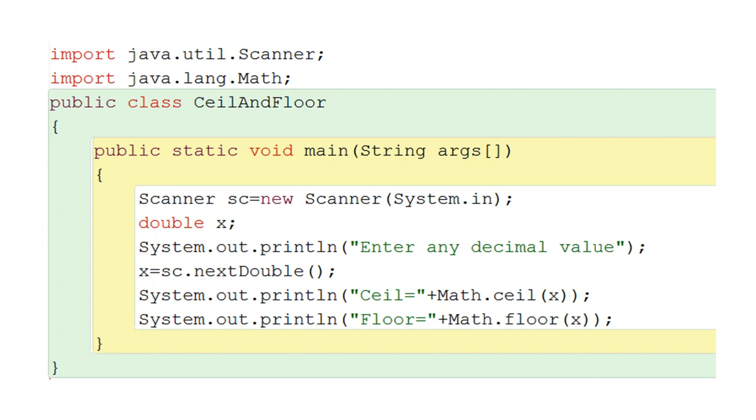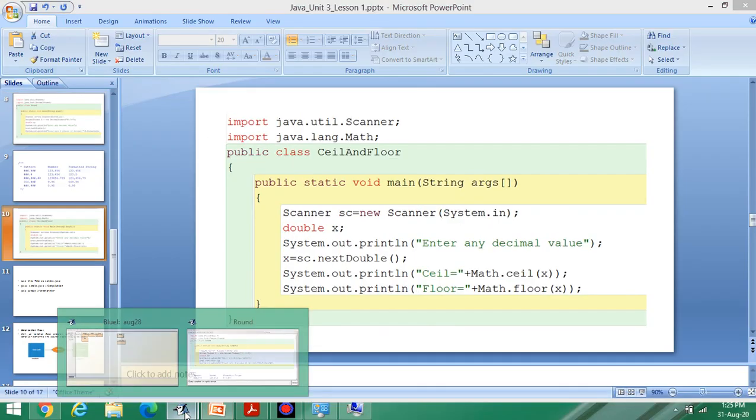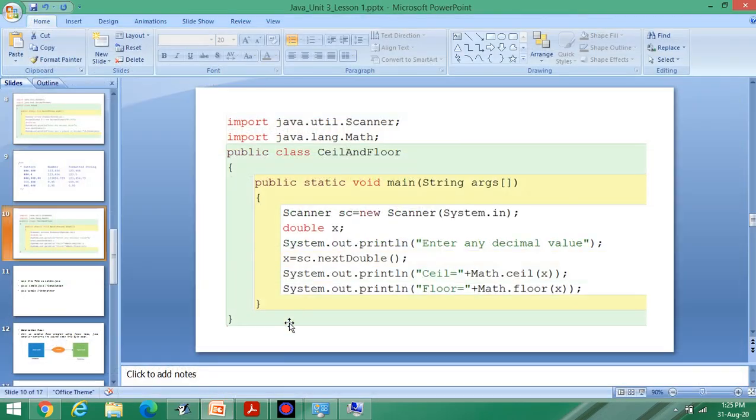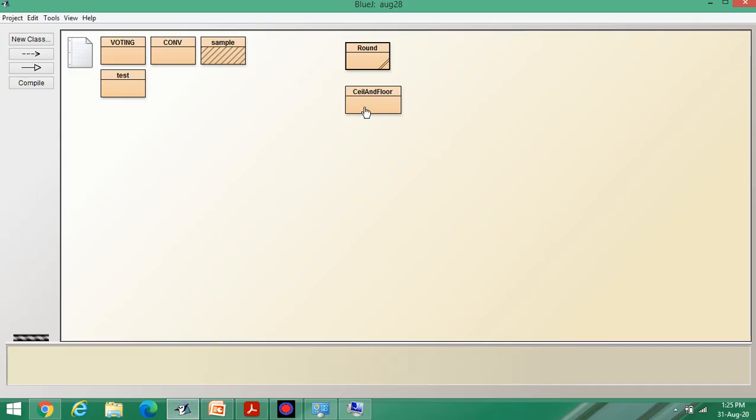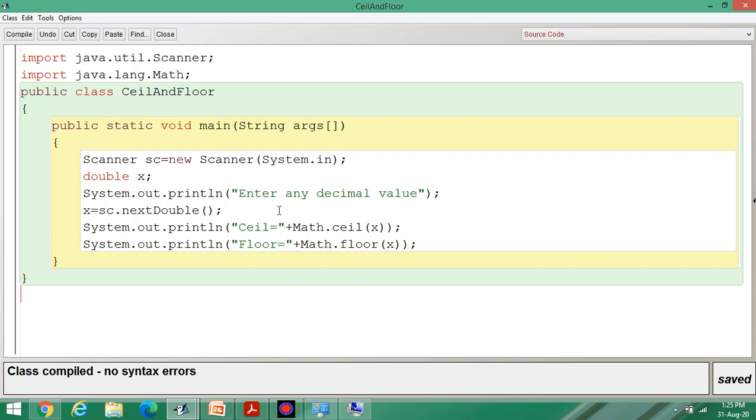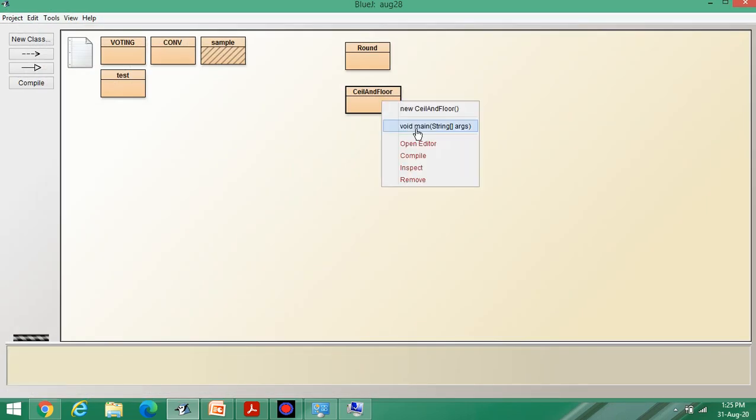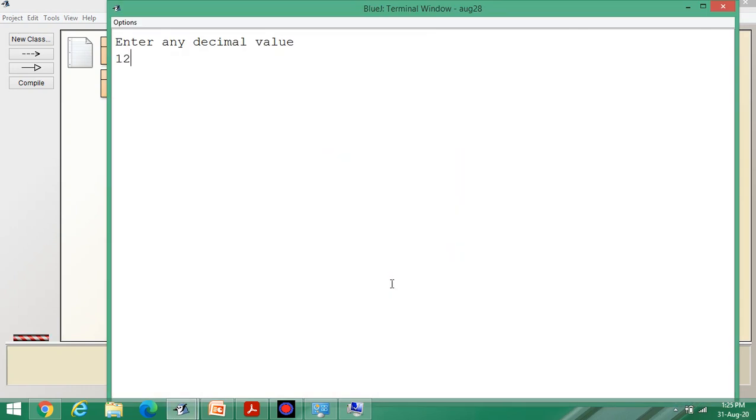The lower value is considered as floor and the higher value is considered as ceil. Let us check the program. Ceil and floor. This one is the program. Compile and execute it. Suppose I am writing 12.7, then 13 is ceil and 12 is floor.